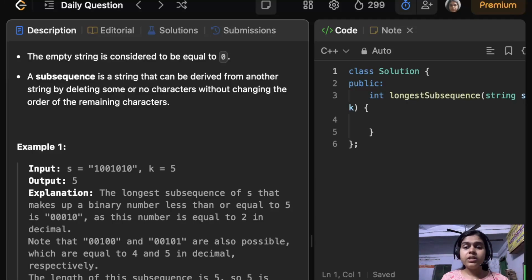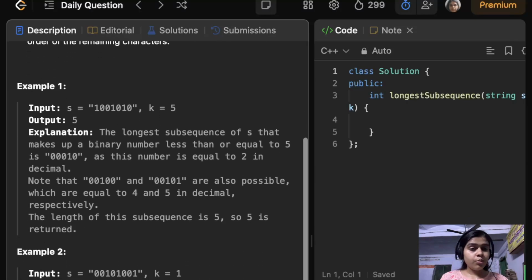A real life example for this could be, imagine you are in a car race and your binary string is a series of engine instructions where each 1 tells the engine to speed up and each 0 tells it to stay cool. But here's the catch. Your engine has a maximum safe power limit and that's your k. You want to send as many signals as possible to keep the engine running without blowing it up by crossing k. Sounds cool? Let's see how we can code it.